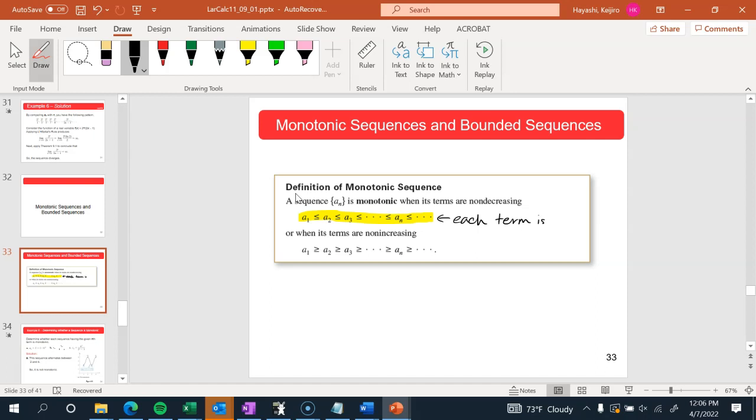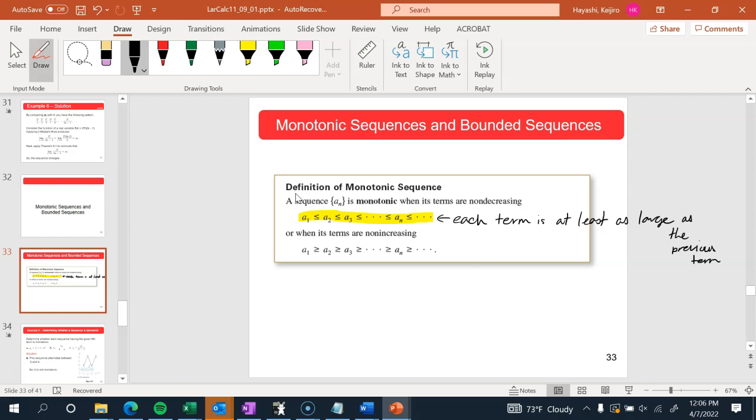Maybe it's larger, but it's at least as large as a previous term. So maybe some terms are the same as the previous terms. Maybe some of them are bigger, but